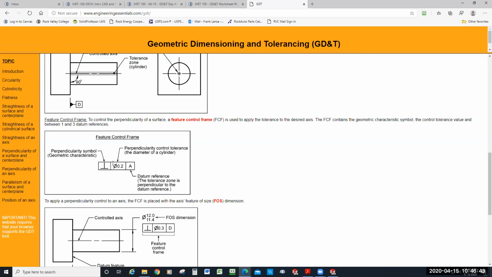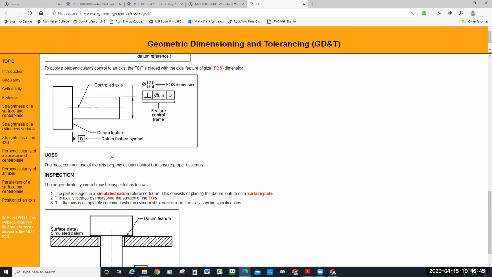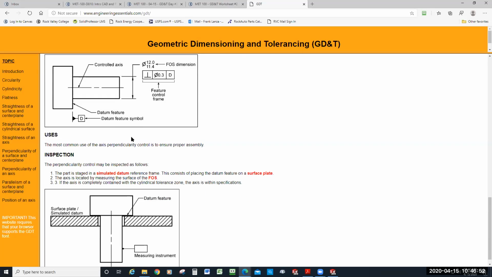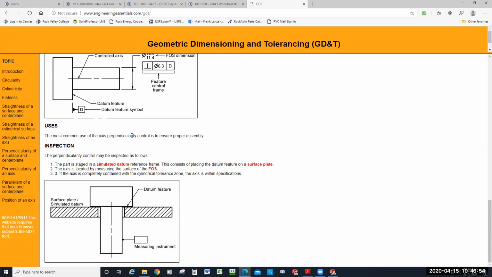So that should be fairly easy to comprehend, I guess, based on what we saw in the last slide. I don't know. Is this how they check it? Yeah, maybe not. I don't know. I guess if this is the surface that we're trying to control, then we would want to check it this